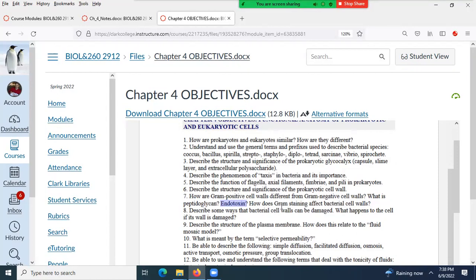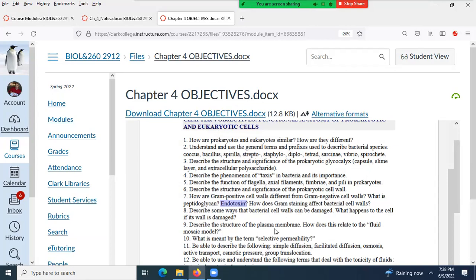Anyways, the difference allows the crystal violet to get stuck in the thick peptidoglycan of the gram-positive cells, and it doesn't wash out. It does wash out of the gram-negative cell walls. And then we stain with the counterstain safranin, which stains the gram-negative cells, which are clear at this point. They will pick up the safranin and stain pinkish.